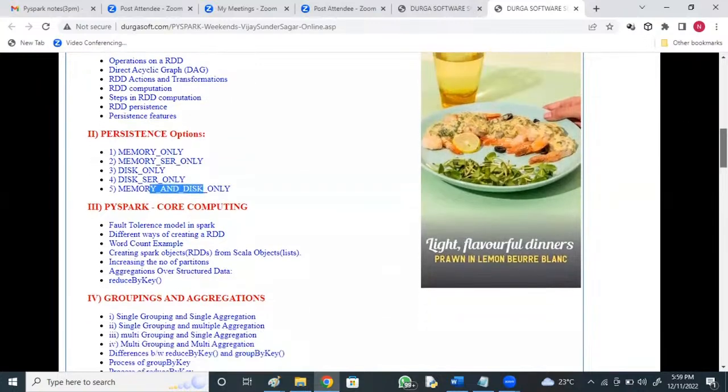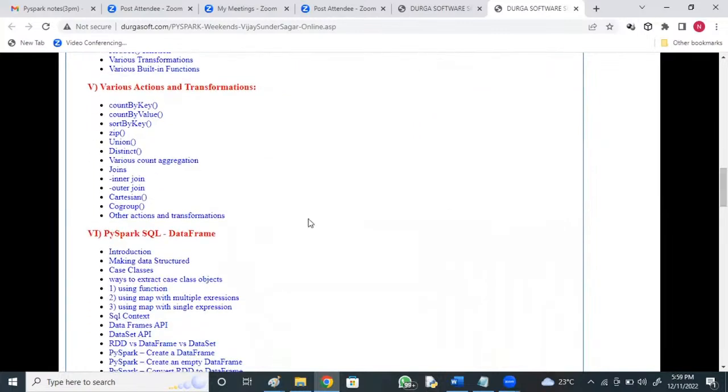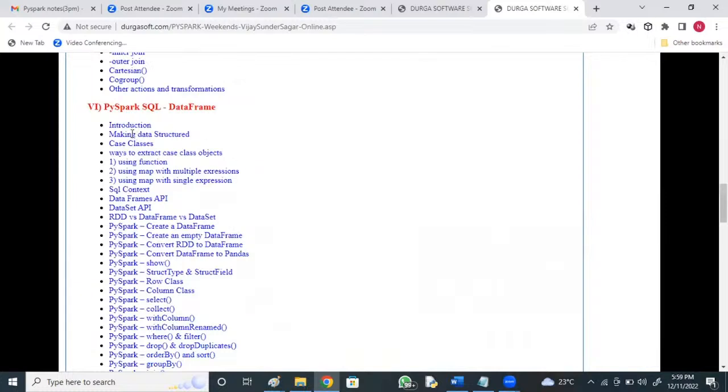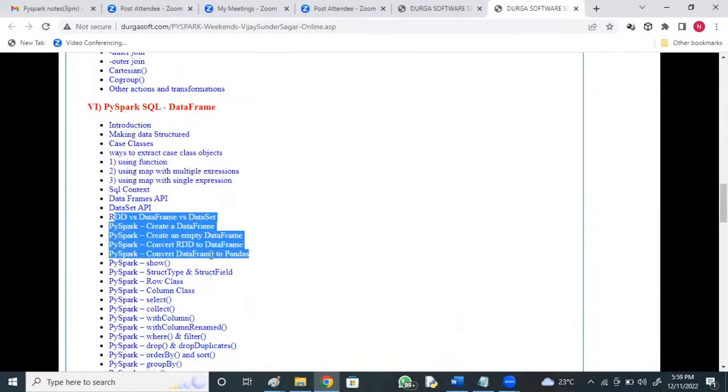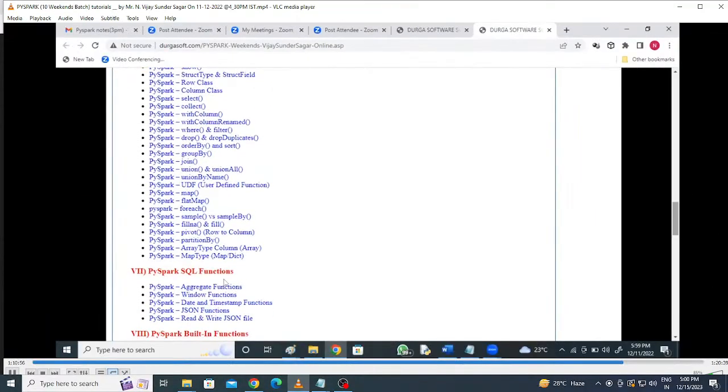And PySpark core computing, fault tolerance, different ways of creating RDDs, increasing the partitions, aggregations, groupings, single grouping, multi-grouping, multiple aggregations, group by key, reduce by key, various inbuilt transformations, count by key, count by value, union, distinct, joins. PySpark SQL means data frames, making data structured, creating data frames, from data frame to pandas, struct type, row class, with column renamed, where, filter, drop, order by, join, group. So all these are inbuilt